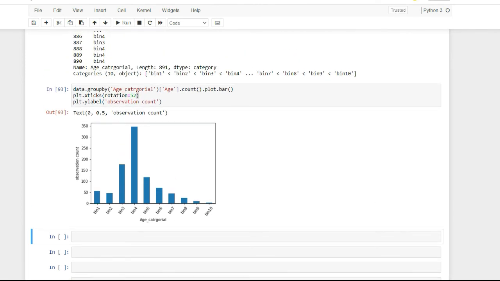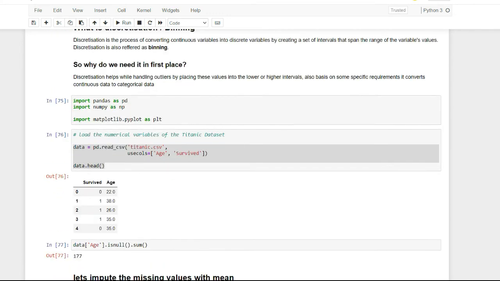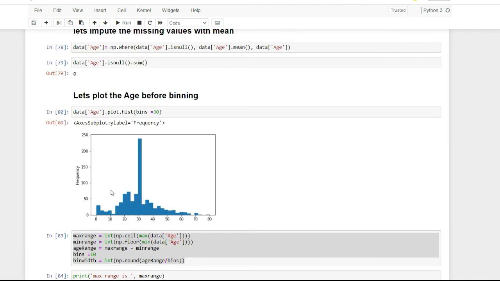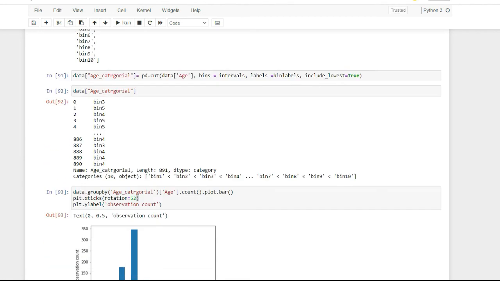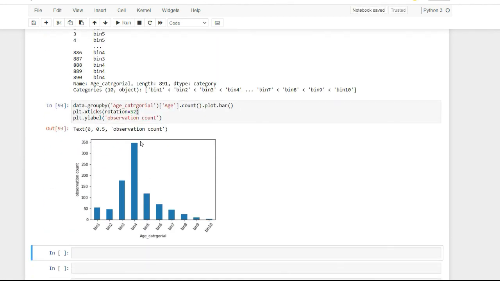So at last, you want to observe what we were having earlier. We were having our age data like this. Now what we have done is smoothen the data, and we have grouped the data observations into bins. It basically helps when you have a lot of outliers, and it also helps when you want to analyze your data by grouping it, doing some analysis, multivariate, bivariate, or just univariate. So it helps you in the analysis of the data also.